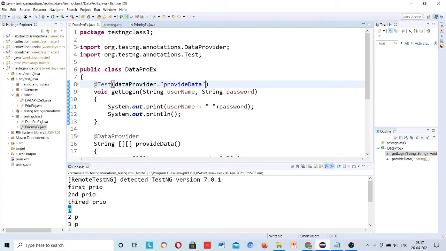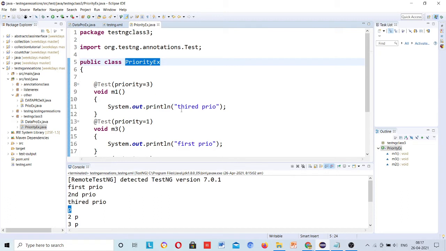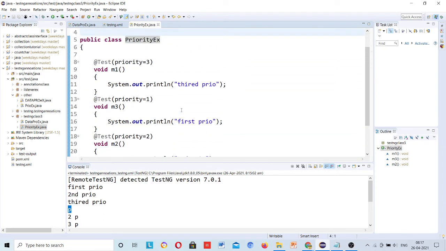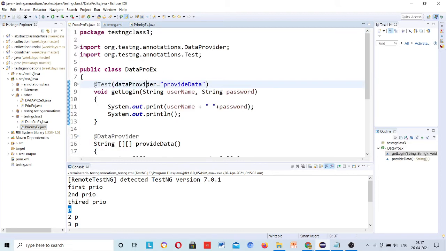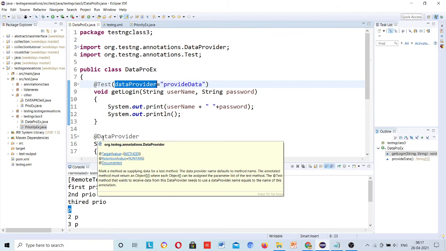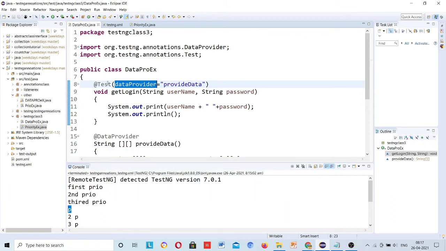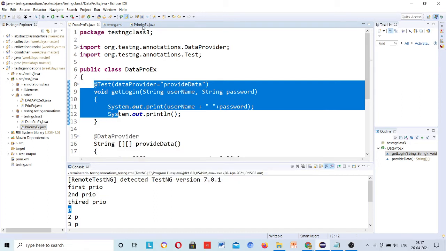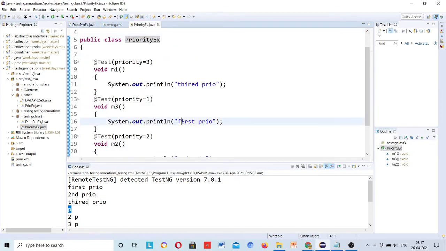See, grouping is a different thing. Don't confuse. I hope that you are confusing with the grouping concept. Okay, so see, this is something different. This is I am taking the data from another class. So this will never be prioritized. Still, if you want to do that, you have that syntax that I told. Okay, now I will use this.